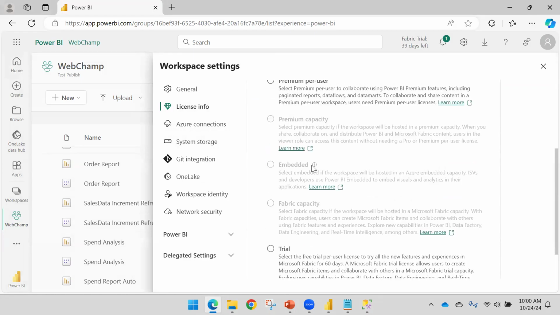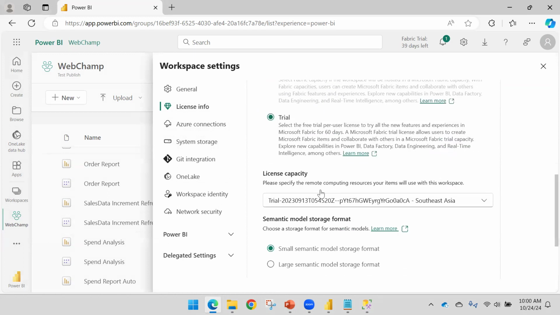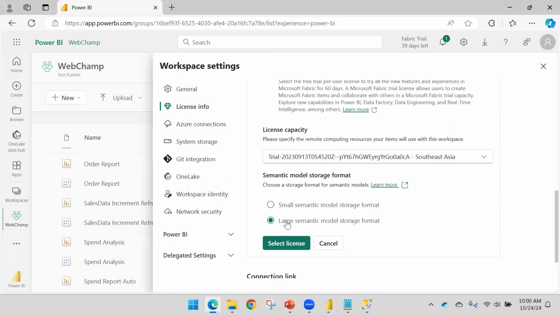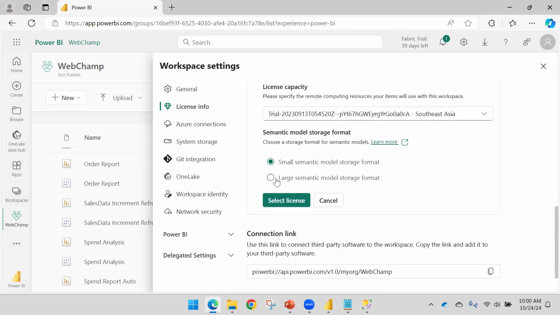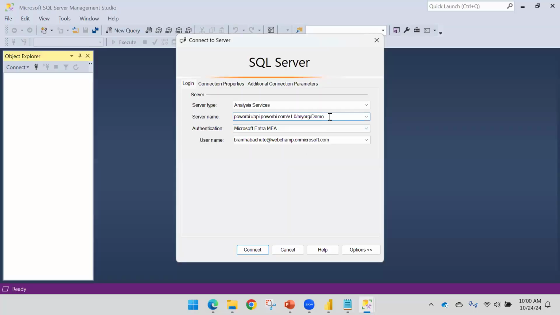So I will go and I can use Premium Per User, or I can use this trial. This is Fabric, and I can enable the large semantic model storage format. This may take some time. I'm selecting it here, but you will be able to select it also, and then select the license. Once I upgrade the license, I'm able to see this connection link. This is my server link. If I paste that server link here and say connect,